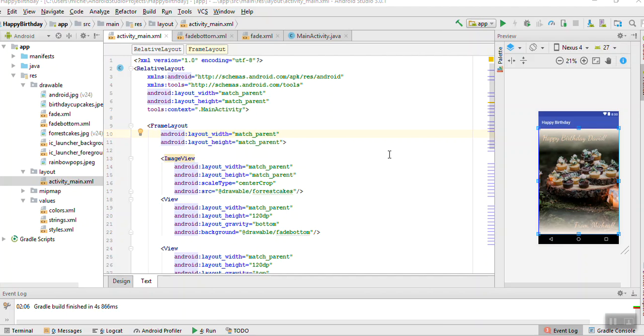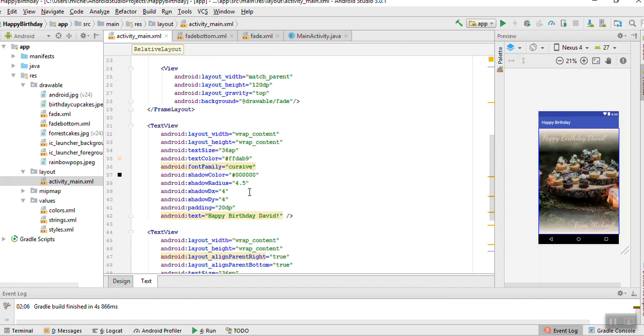So this is my happy birthday card app. This is the final product. My aim was to have a simple picture in the center, and then happy birthday to the person, and then from myself at the bottom, just with the image faded at the top and the bottom, and the font cursive with the shadow. So this is the code using relative layout, and then the image view here for my cake,